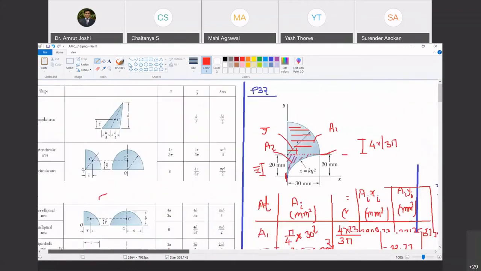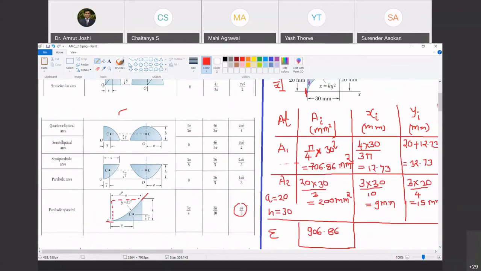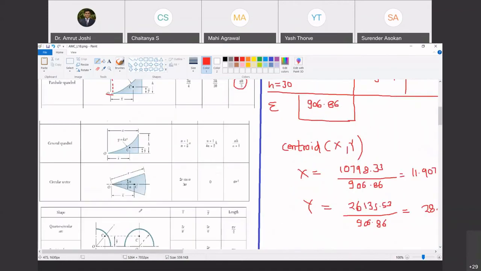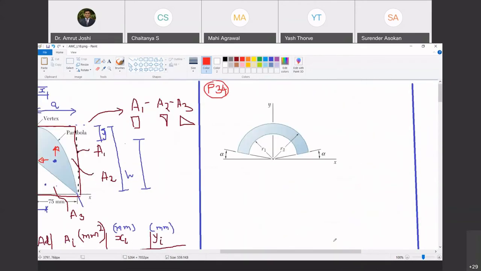So just have a look at this formula. Do you have the centroid of a circular sector? Yes, it is there. So even though you don't have a quarter circle, even for a circular sector you are going to have the formula for centroid. Do you agree with me? Yes, sir. So how do you go about this now? We have this one sector. जरा देखो यहाँ पे. This is one sector. Do you agree with me?